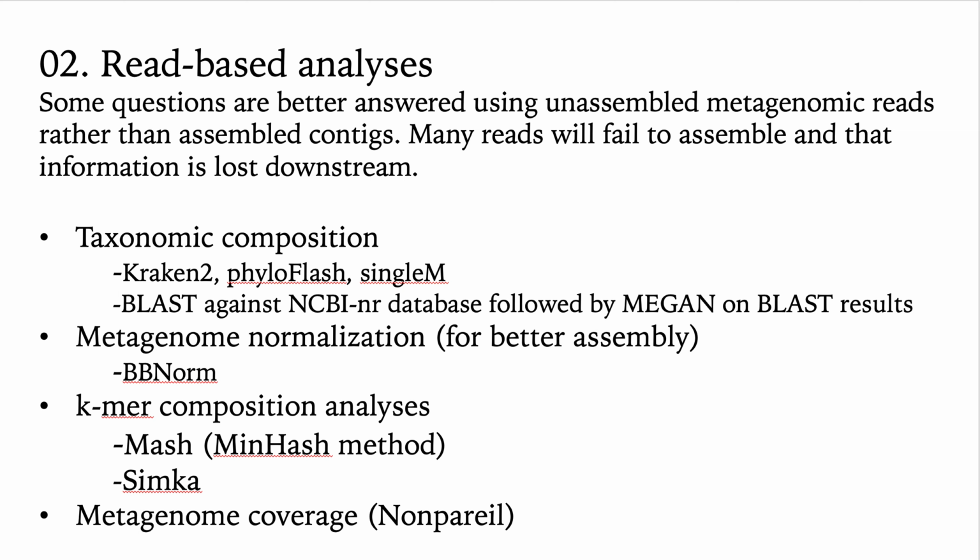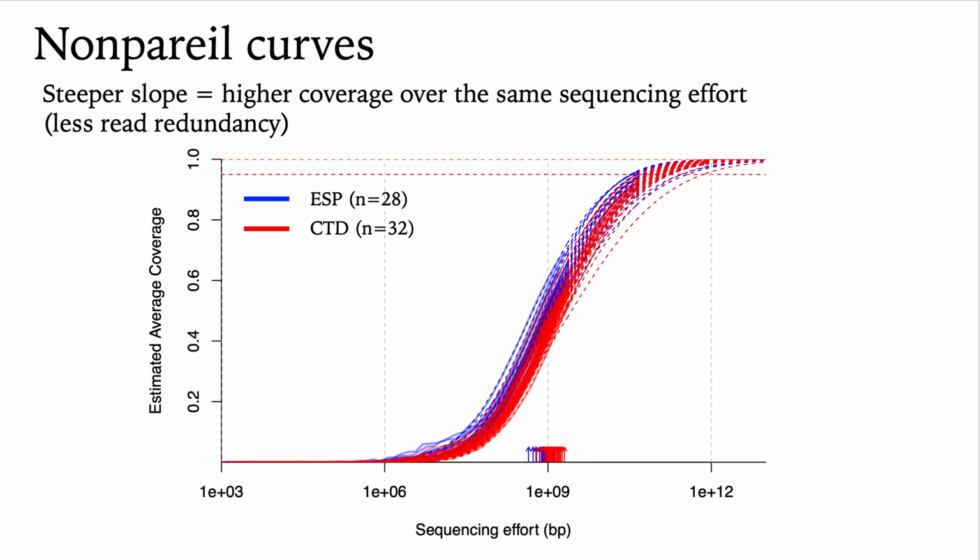And finally, you can look at the coverage of your metagenome. So how deeply did your community get sequenced with your metagenome, using something called Nonpareil. Nonpareil is a program produced by the Konstantinidis Lab at Georgia Tech, and it shows you essentially the coverage of your metagenome based on sequencing effort, and then it will extrapolate that information to show you how much sequencing you might have to do to fully